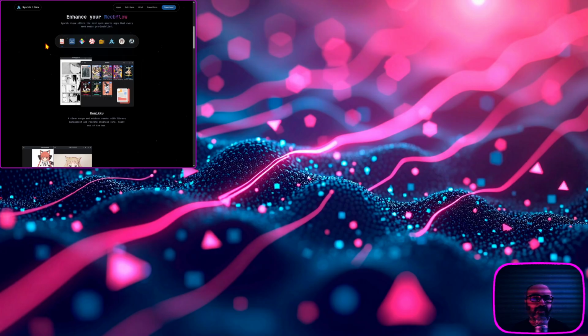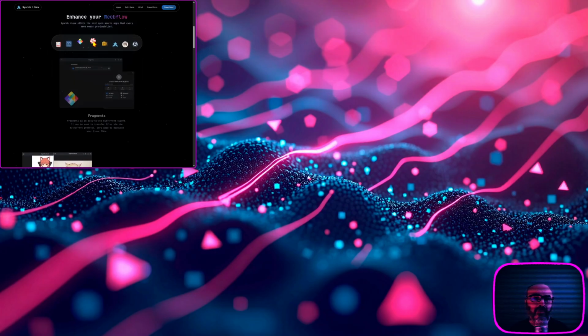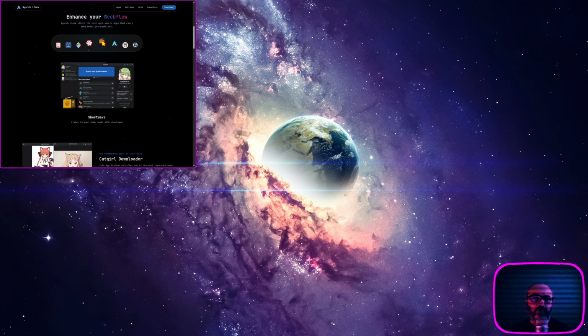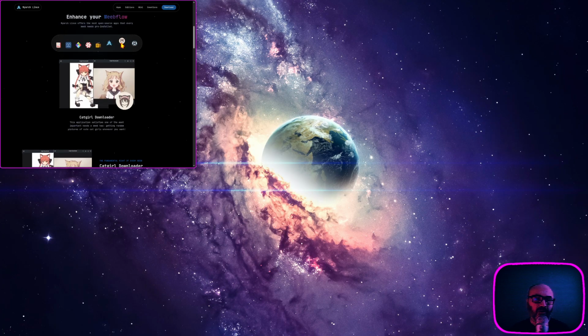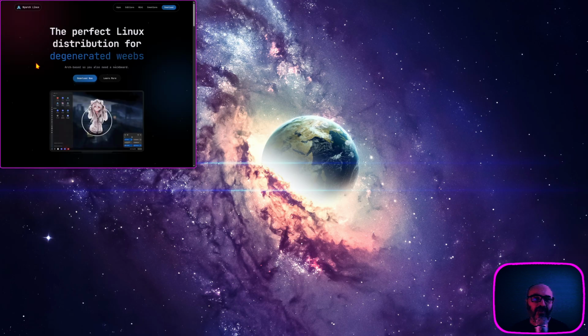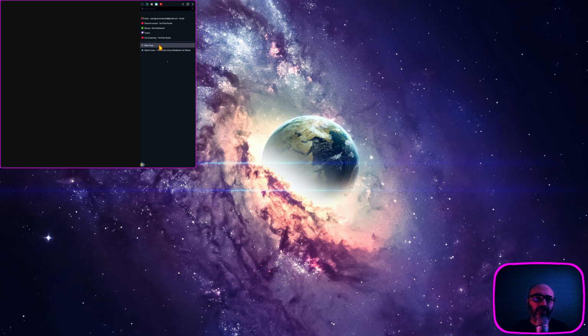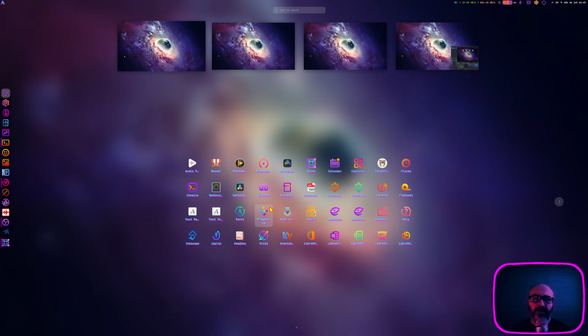But yeah, these apps, some of them are Komikku, Nicoplay, Fragments, Lollipop, Shortwave, Meowfets. I love it. Catgirl Downloader and Nyarch Assistant. I've tried to show you this the other day. It is what it is, but these are just a part of them. They have even more apps pre-installed, like for example this Gear Lever and plenty others.